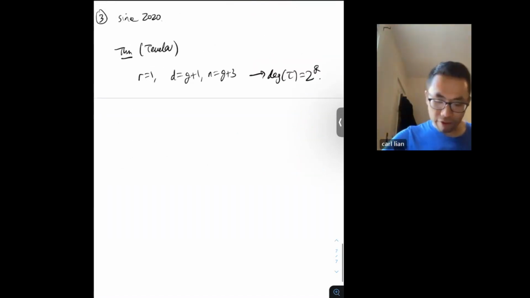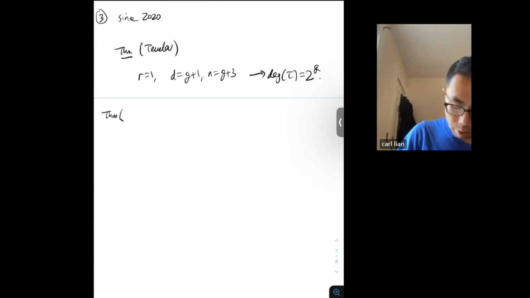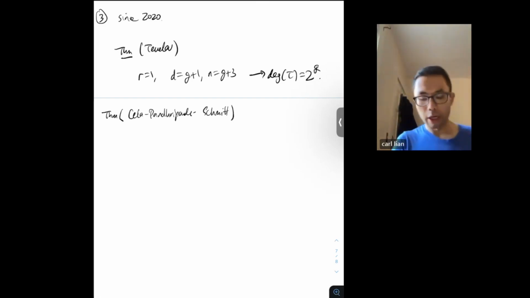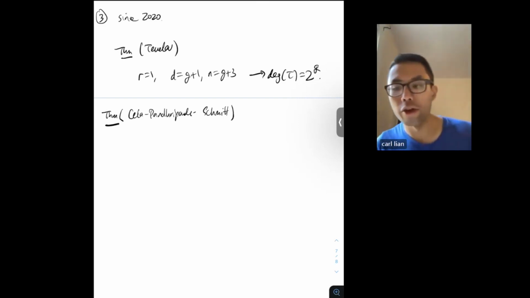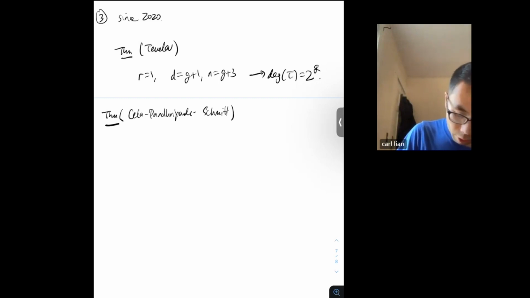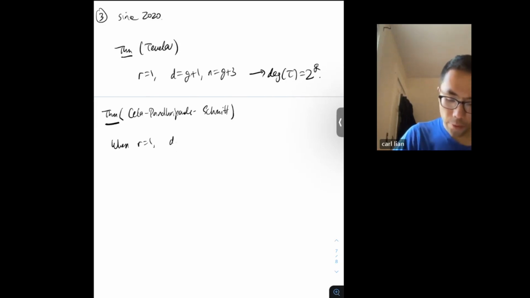Okay, and so the genesis of this was that Tevelev was discussing this work in an online seminar in Zurich. And so a few months later, Alessio Cella, Rahul Pandey, and Johannes Schmidt gave a calculation of all of these invariants for maps to P1. So the theorem is that when r equals 1, and d and n arbitrary,